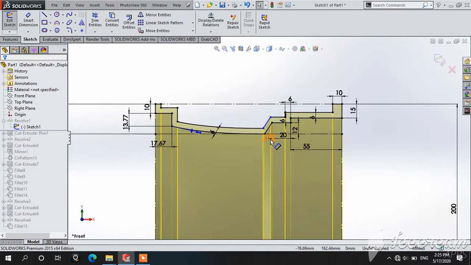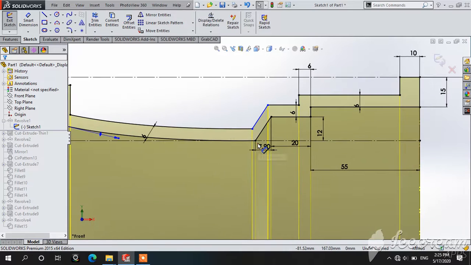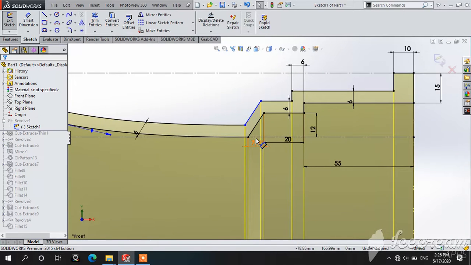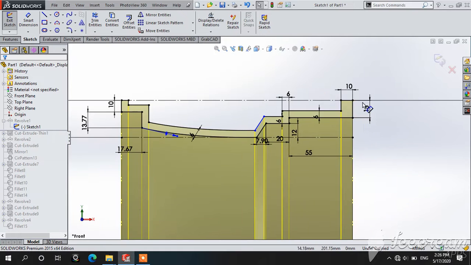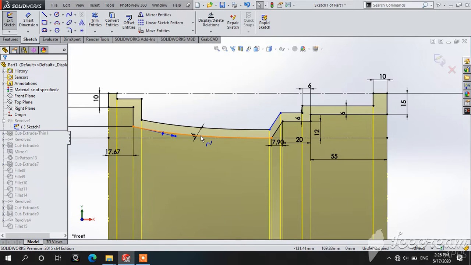I have already computed this. I'll show you how to draw this. Then after that, first of all you have to start with this center line. You go to the line command, okay, and select line from here to here to here, this side, this side, this side, this side, this side, this side. Okay,